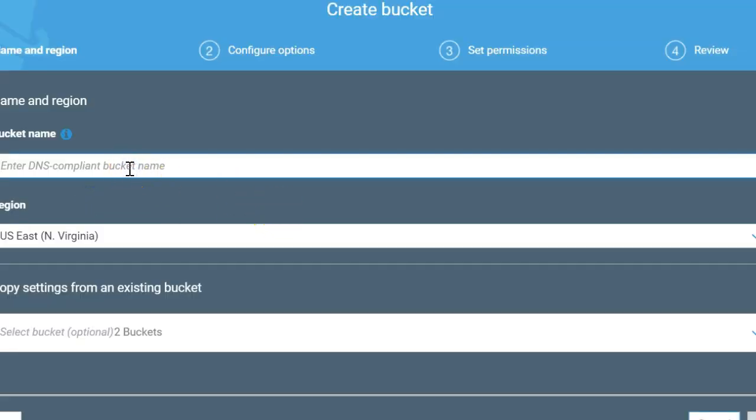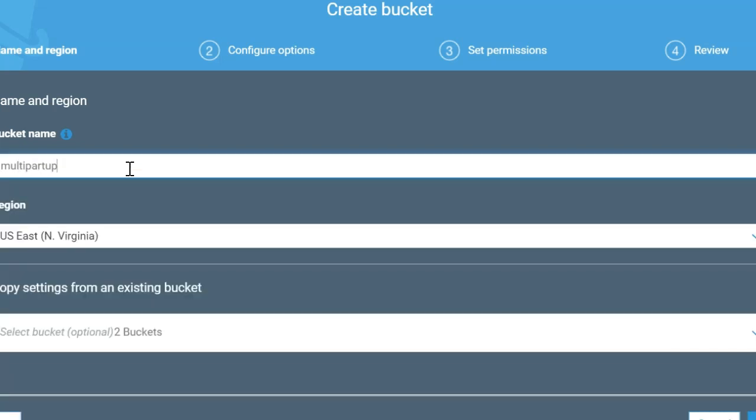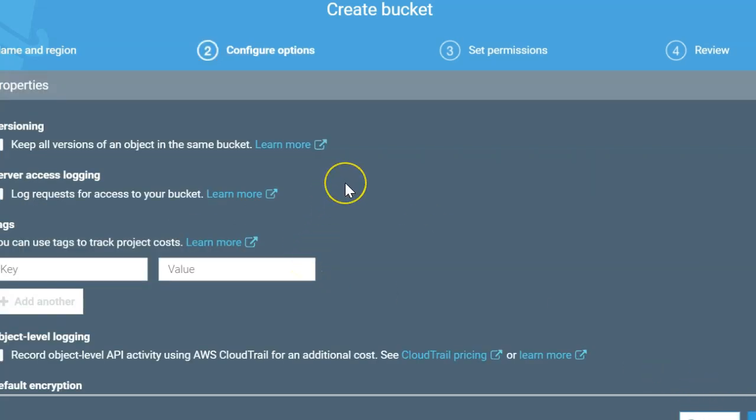Let me just hit the create button, and now you need to put in the bucket name. Let's say multi-part upload lab 2020. I don't know whether this bucket name is available or not, so it will tell us. Oh my god, okay, that's great.